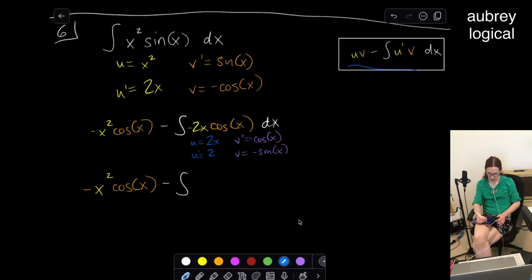So using our formula, we've got 2x times negative sine of x